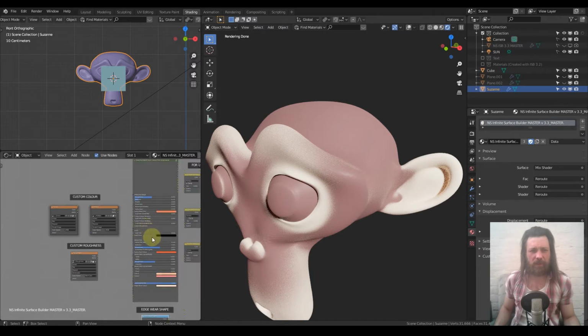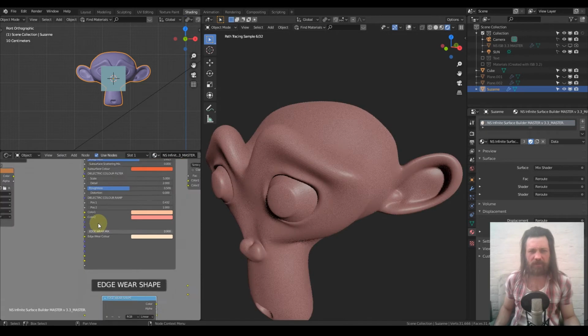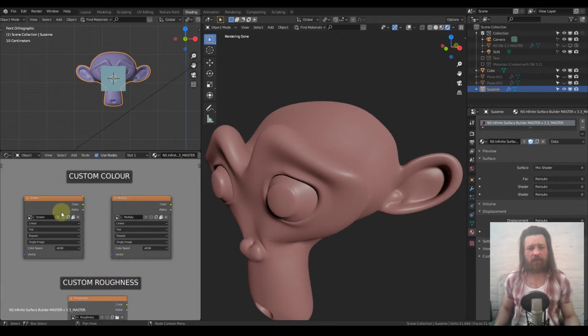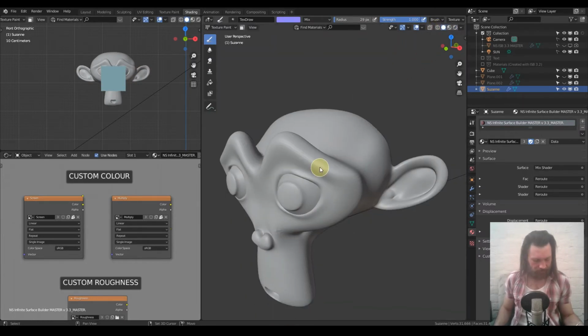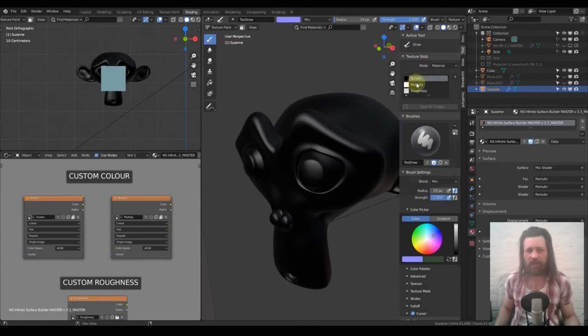Let's get to the nose. So let me just turn off the edgeware for this. Okay, so I've set the color and roughness nodes up already, and all you need to do is click your object either up here, I mean I've got it in my quick menu, which I will be doing in future, and then texture paint. And in texture paint you need to be in viewport shading, so press N if the menu isn't over here, so N will bring that up, and then click on one of these and paint basically,